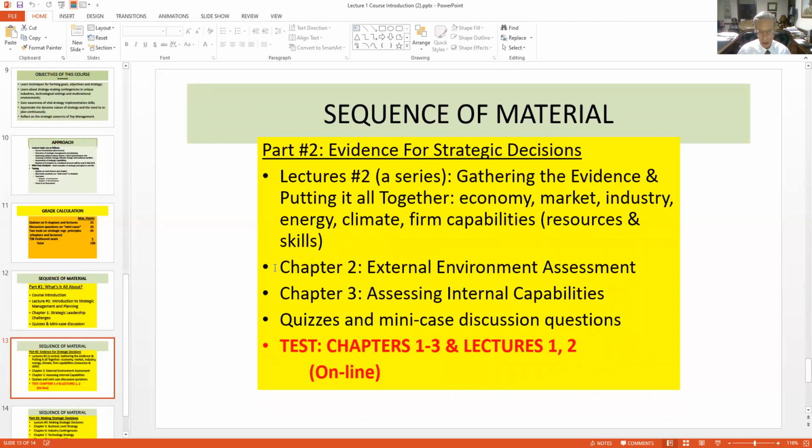And chapter 2 on the external environment, particularly industry analysis, and chapter 3 assessing internal capabilities. And so by this time, you ought to be ready for a test which will cover chapters 1 to 3,